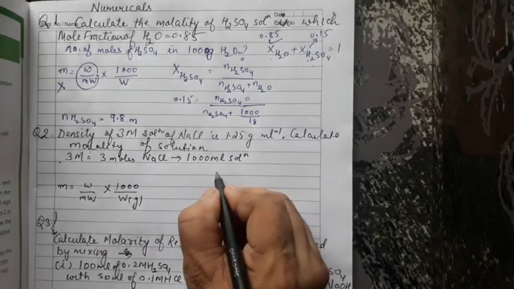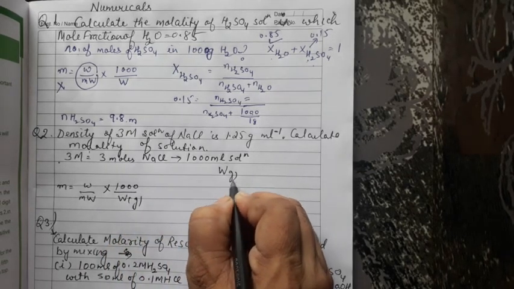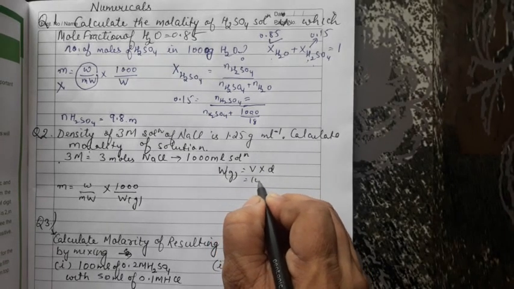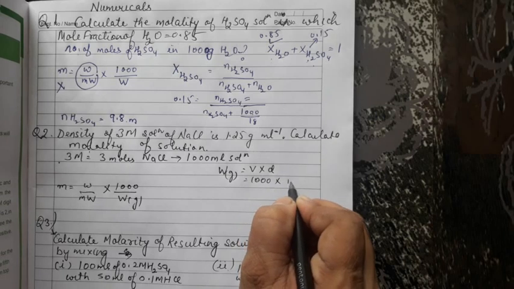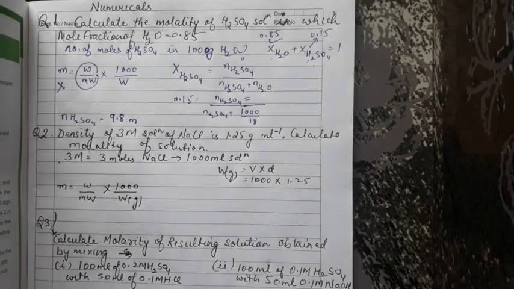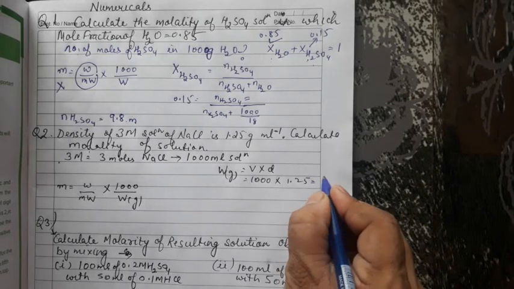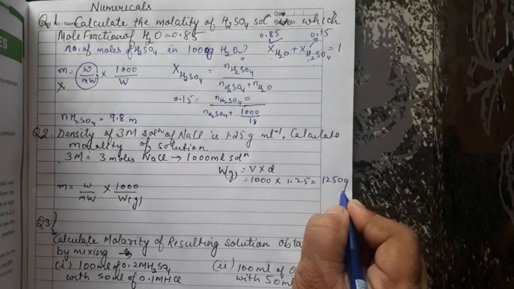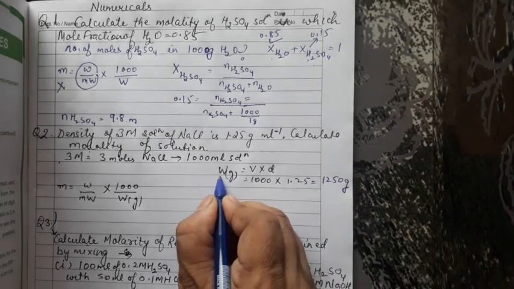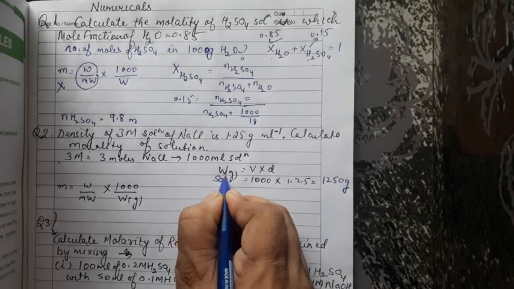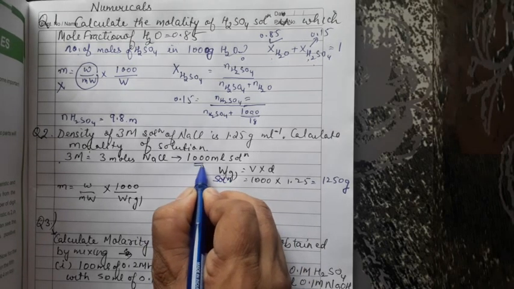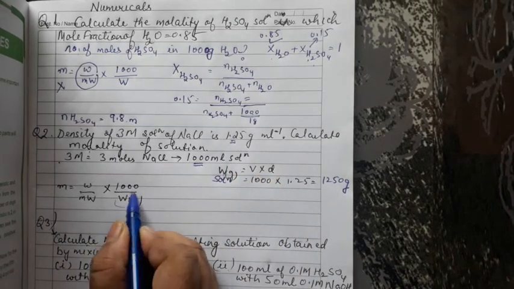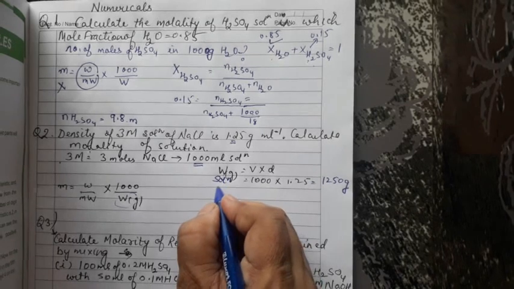Okay, so what I will do is I will first find out this W. How? This capital W, that is the mass of the solvent, is volume into density. What is the volume? 1000 ml. Density 1.25. Okay, so if I solve this, I will get here 1250. This is what? This much gram. This is what? The mass of solution, children, here. Because this is volume of the solution. This is density for the solution. So I have to still calculate this capital W. This is mass of solution.